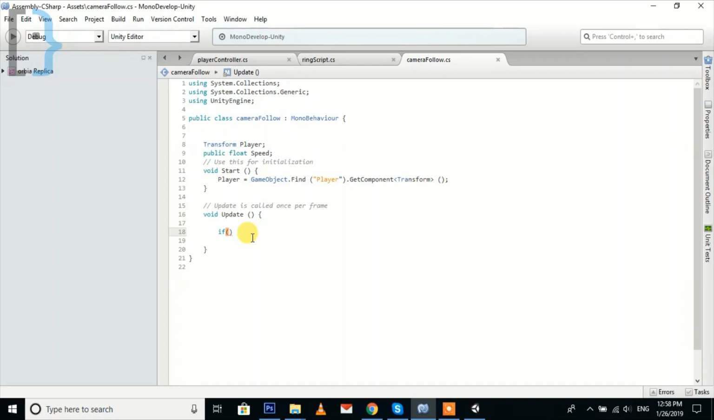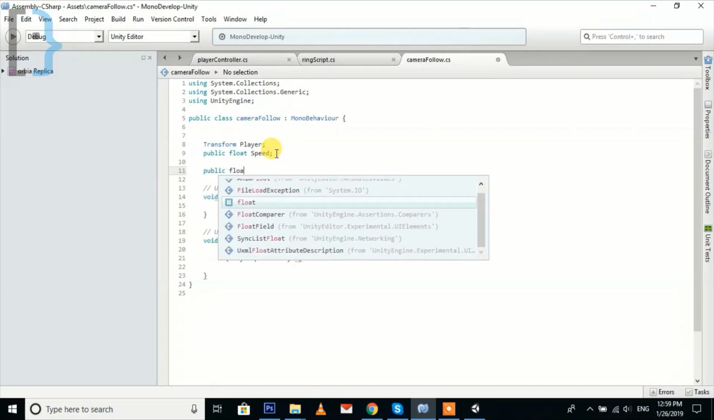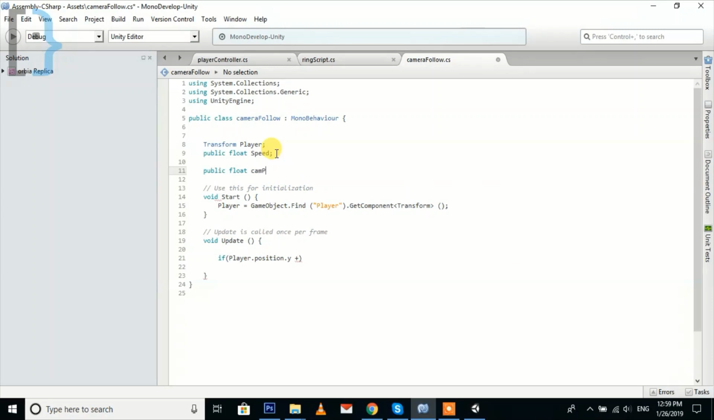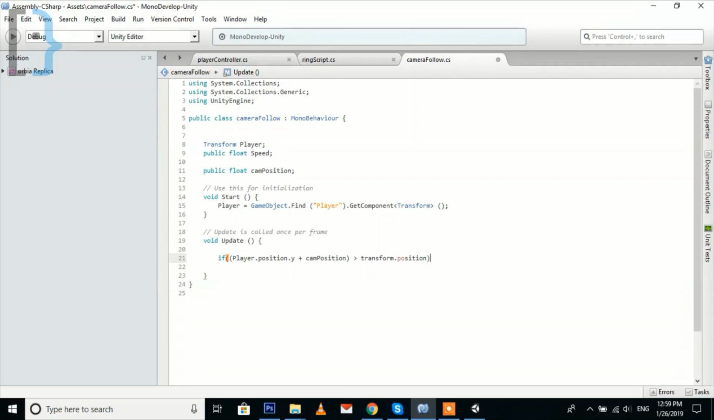Okay, so now we are creating a method for moving camera. Player dot position dot y plus, okay, now create another public float for cam position. If player position dot y plus cam position is greater than transform dot position dot y,